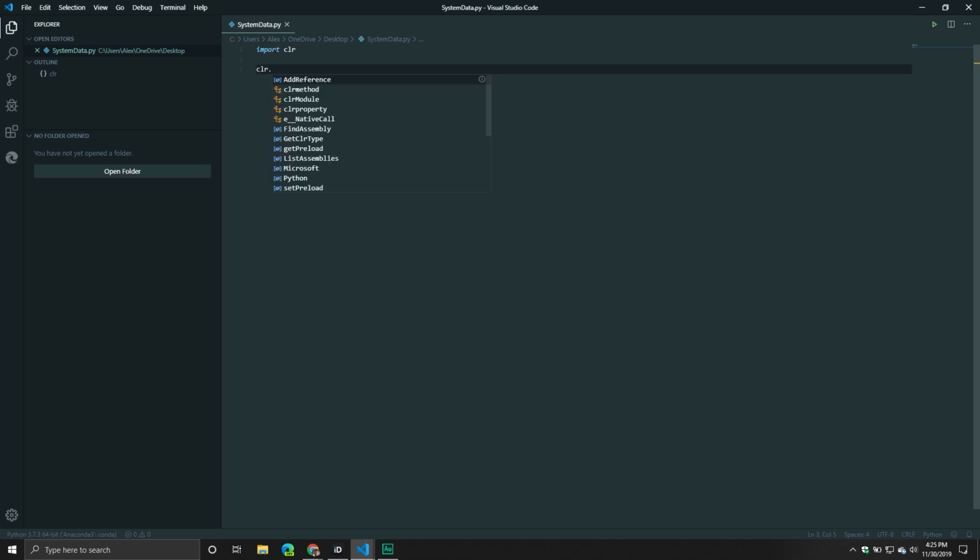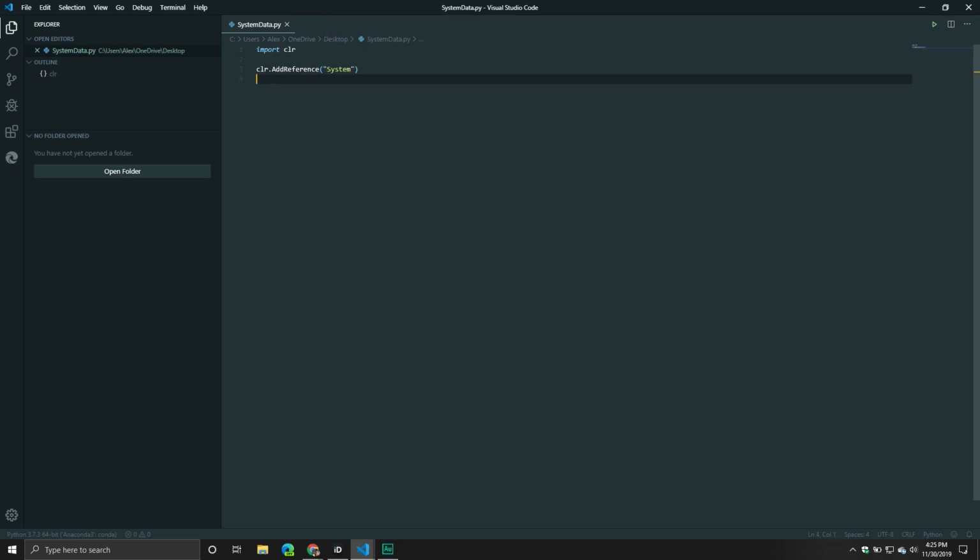Now we're going to be using a couple different references. So we're going to be adding the reference to at least 3. The first one is going to be System. So this is basically just the default reference. This will be used for things like data types, things along that nature. The next one is going to be called the